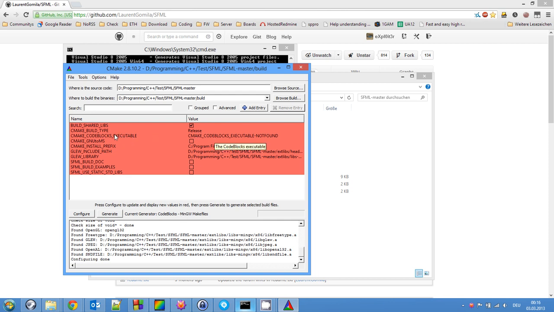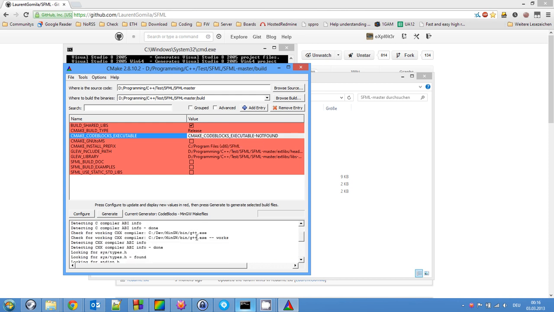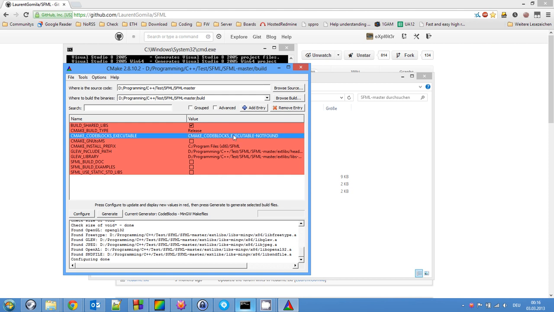So now we still got an error here that it hasn't found the Code::Blocks executable. Well, there's actually no error, but we're going to change that by providing the path to it,